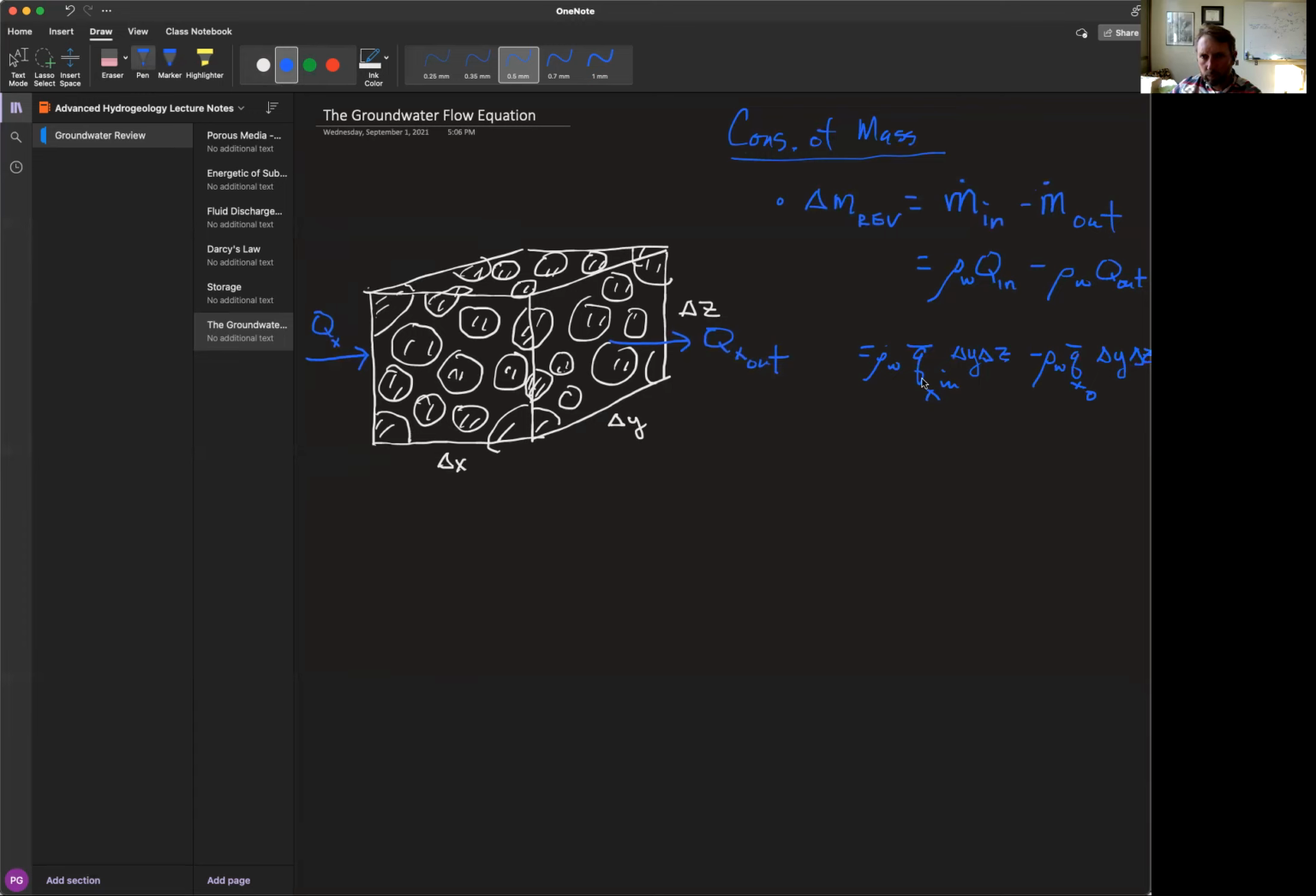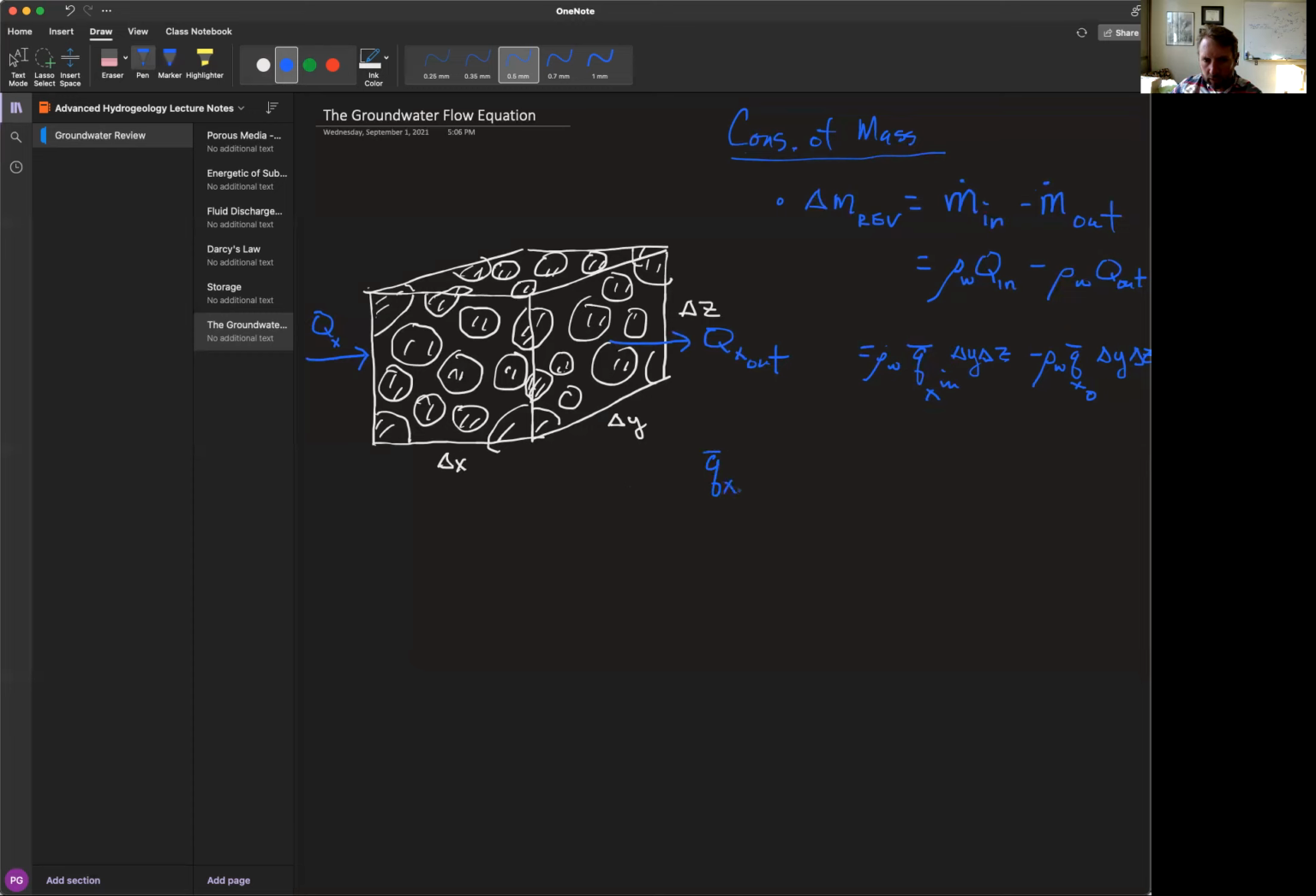All right. Now we've got the change in mass in my REV is equal to the density times the flux in times the area minus the density times the flux out times the area. And the whole trick to deriving any of these continuity equations is writing my flux out as a function of my flux in. And we're going to do that by saying that